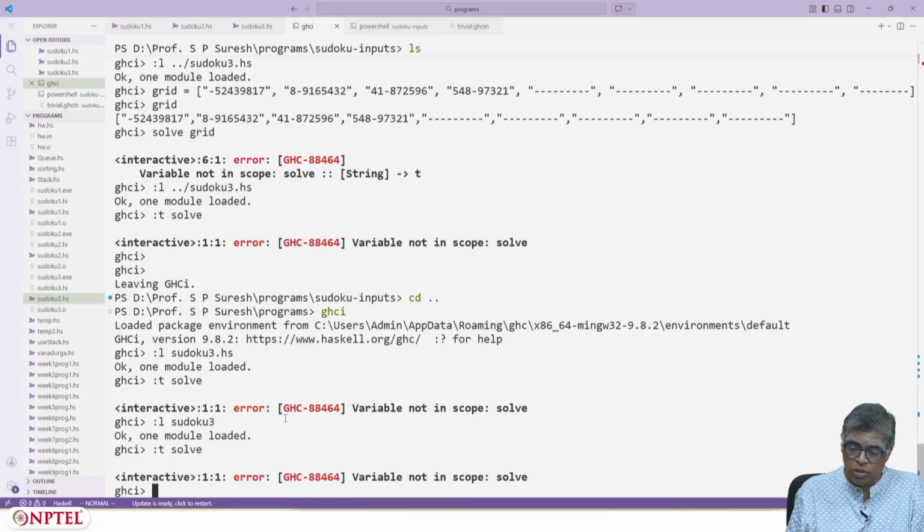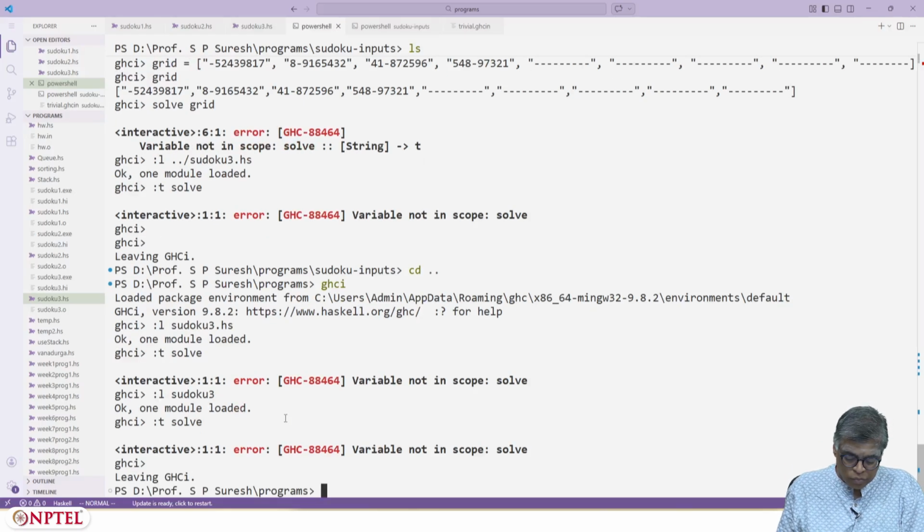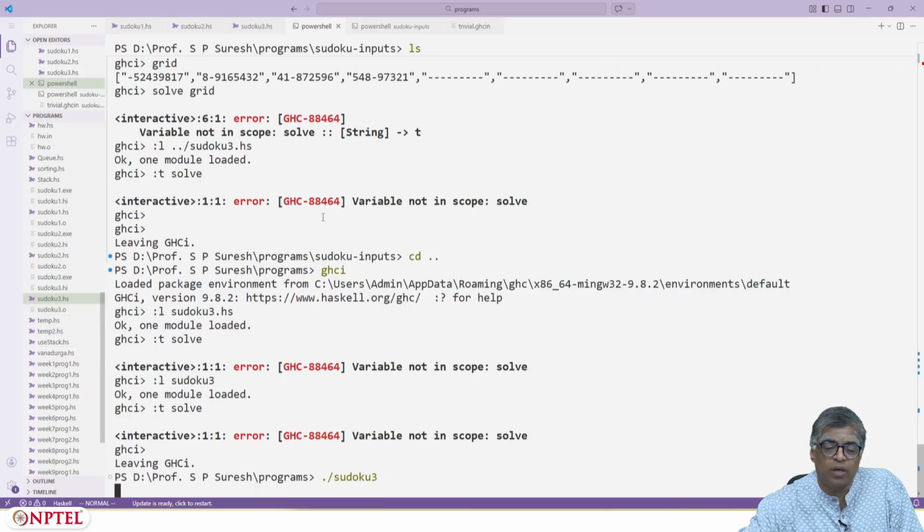Okay, so this is not going anywhere. Unfortunately, but I have the Sudoku program itself. So let's start Sudoku 3 and then we'll see what happens.